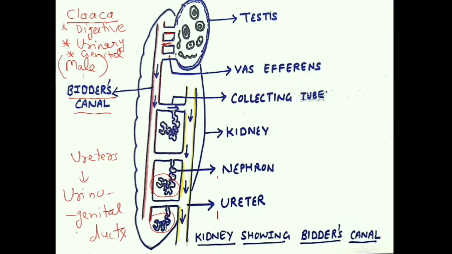So frogs have a very simple excretory system, just made up of kidneys. Kidneys are made up of nephrons. Nephrons are again very simple. They don't have PCT, DCT, or other parts. Then the second part, ureters, one pair. In males we call them urinogenital ducts, as they carry both gametes and urine. In females they don't have such a function. The third part, I told you, the bladder is there for the storage of urine, and finally the last part is the cloacal aperture, which is an opening of the common chamber called the cloaca.